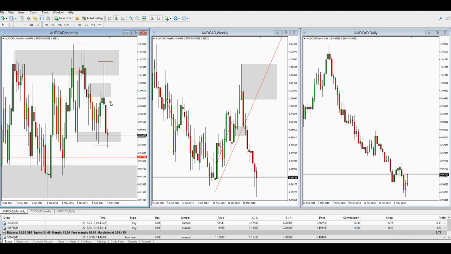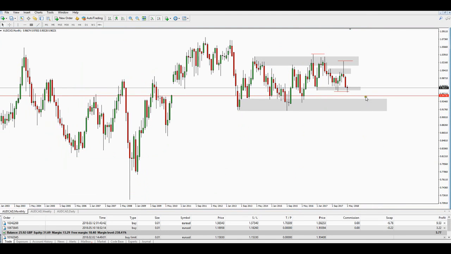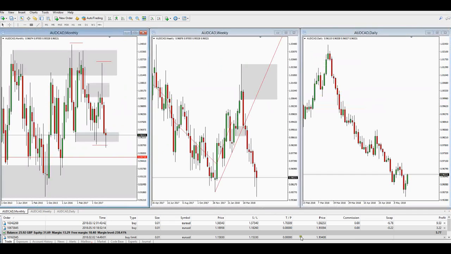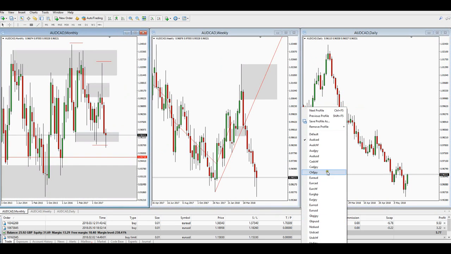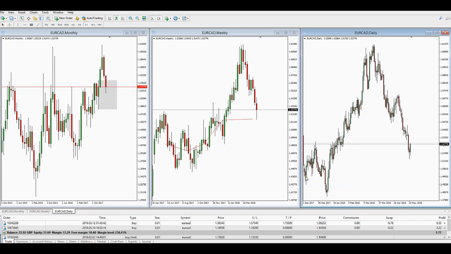So, you know, we get into them areas as well. We're getting a low point. So who knows what could happen. It's just that I'm looking at the CAD getting weaker and anything against it. Let's have a look at the Euro CAD. If the CAD's getting weaker, the Euro may get stronger.